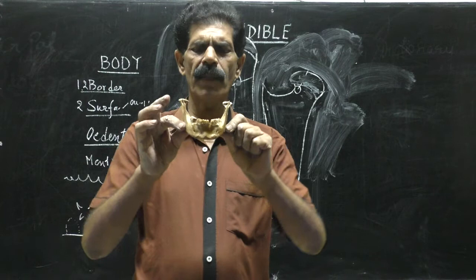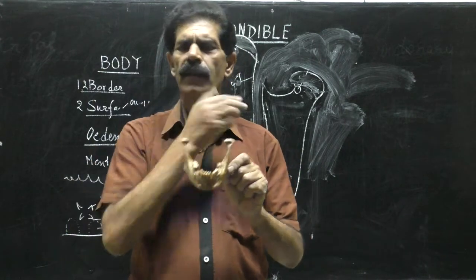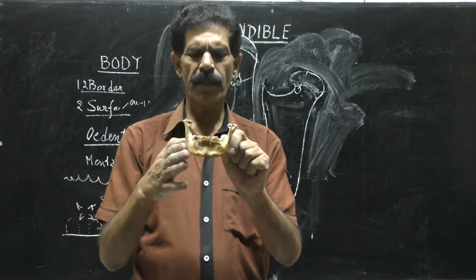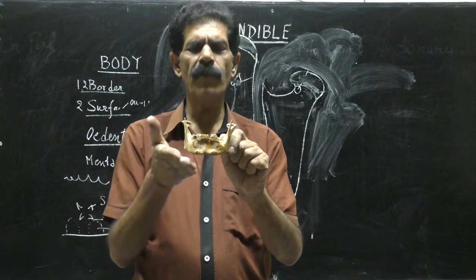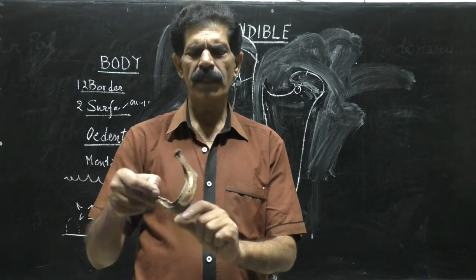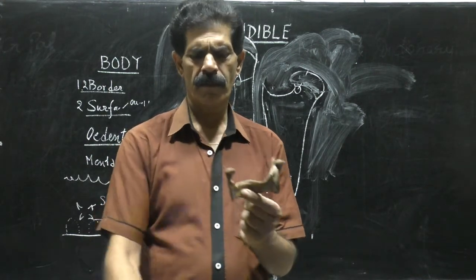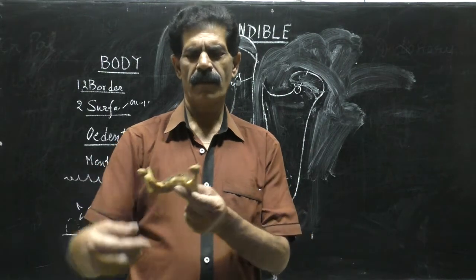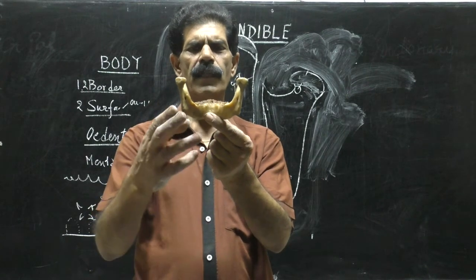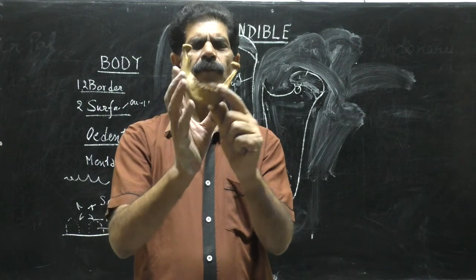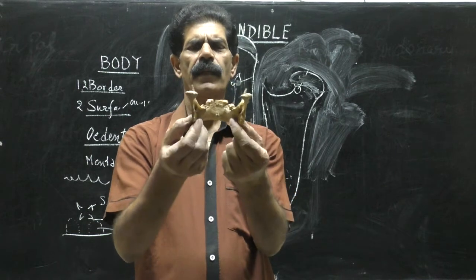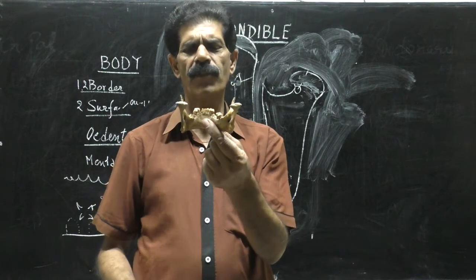If the angle of the mandible is outward or everted, it is a feature of a male mandible. In the female, the mandible angle may be straight or slightly inward. So that is the feature of the female mandible. So angle is always seen like this. If you see the angles are straight, it means this is female. And if the angles are everted, they are male features.